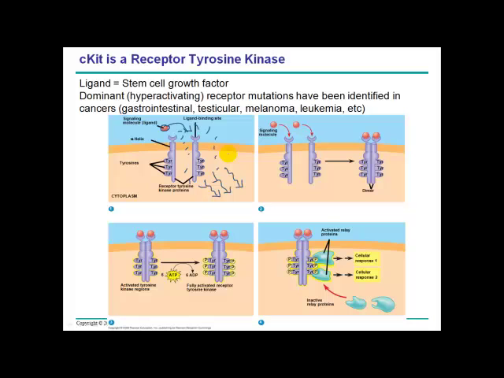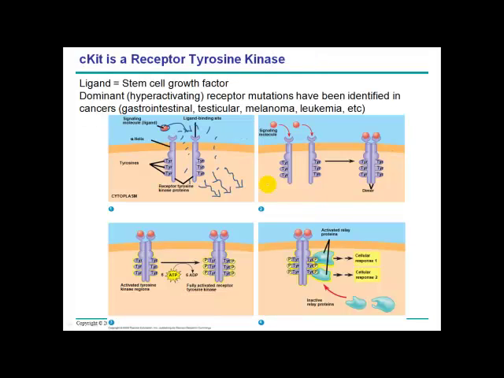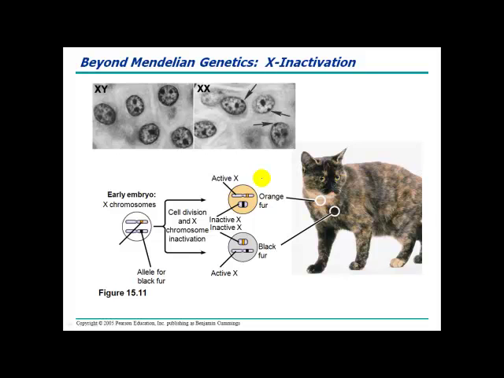And so we see these types of mutations in various types of gastrointestinal cancers, testicular cancers, melanomas, leukemias, as well as many others. But this is an excellent illustration of our ability to use mouse models to study genetic disorders that are very, very relevant to humans. Okay, so we already addressed polygenic and pleiotropic. Okay, so moving on, let's talk about another non-Mendelian inheritance pattern that wasn't described by Mendel, but which we now